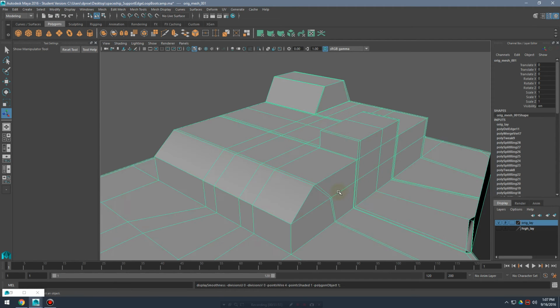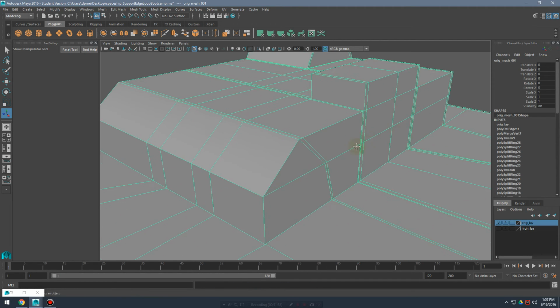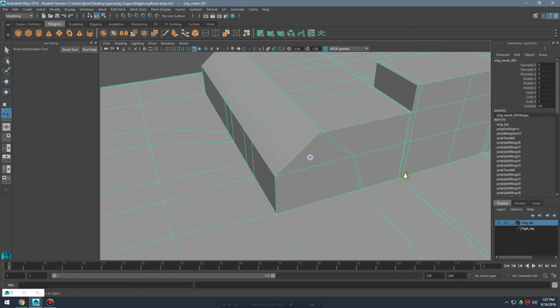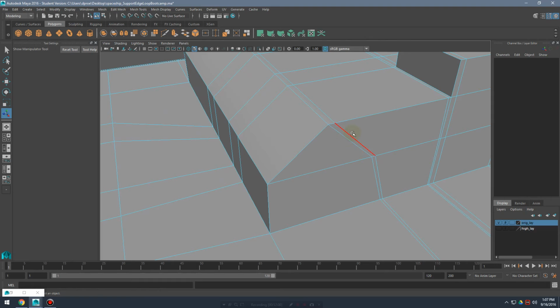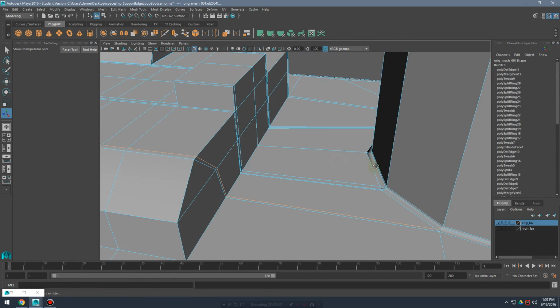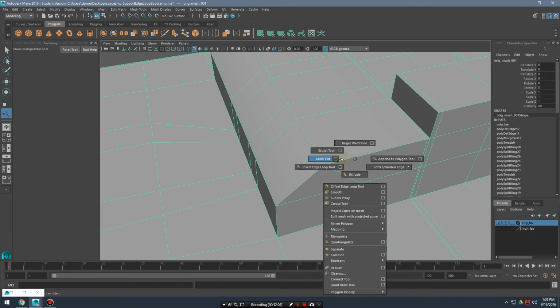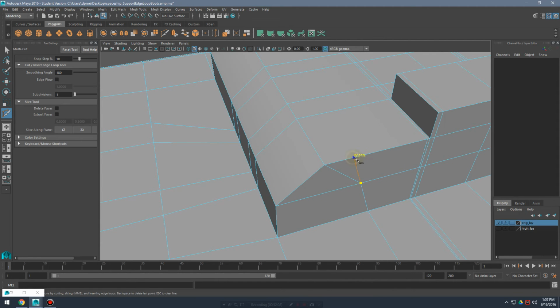So why don't we look at our crew quarters here? And I'm going to get into this. The first thing I'm going to do is fix this triangle right here, because that will definitely screw up some edge loops. So I'm going to do that just by using my multi-cut tool. And I'm just going to do what I should have done in the first place